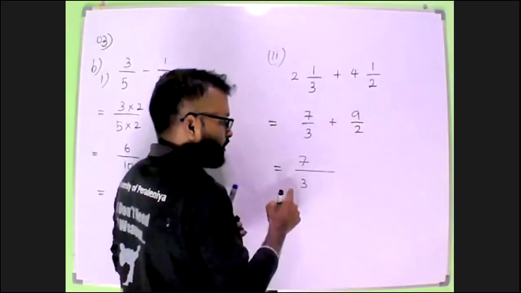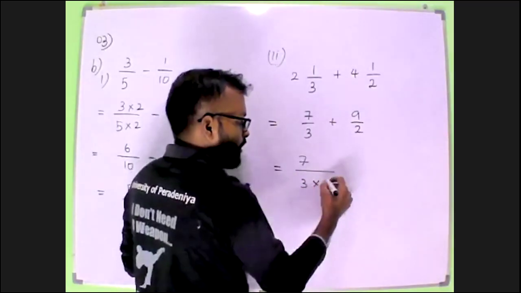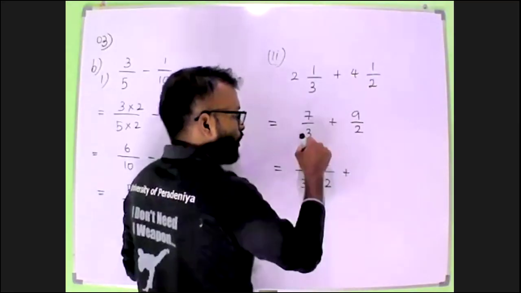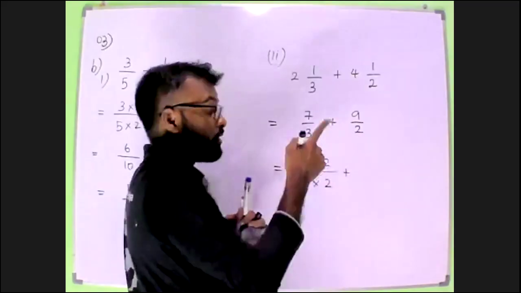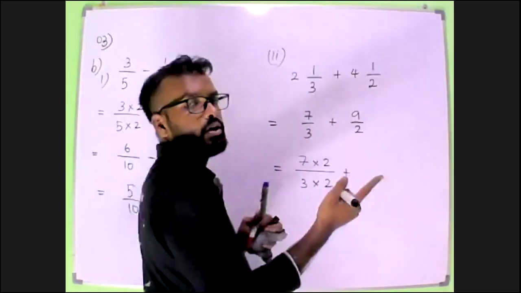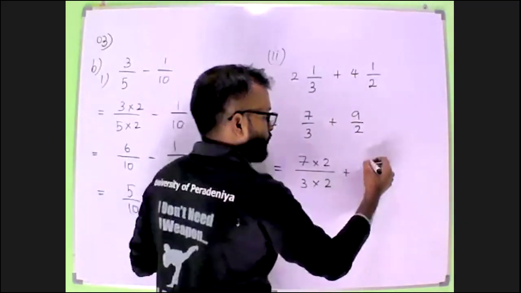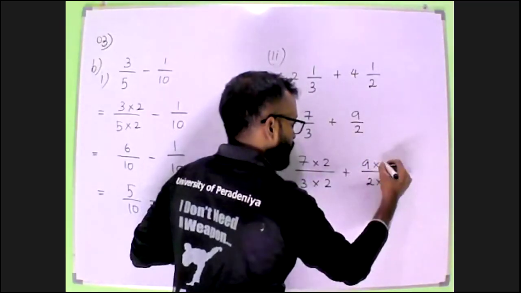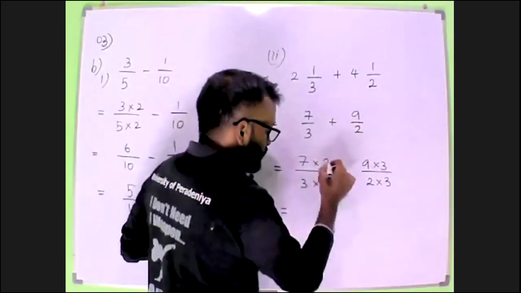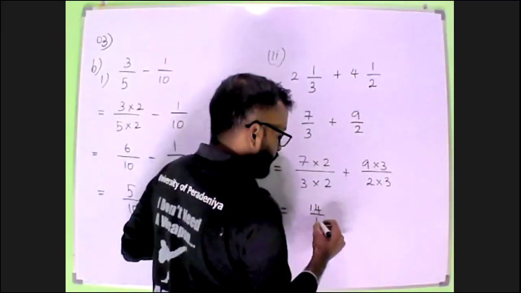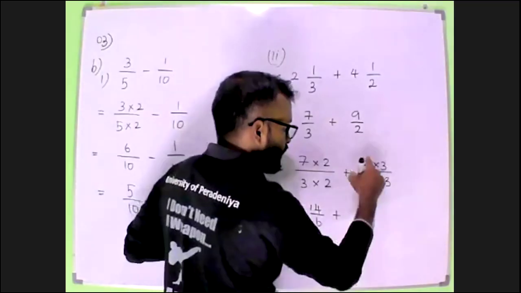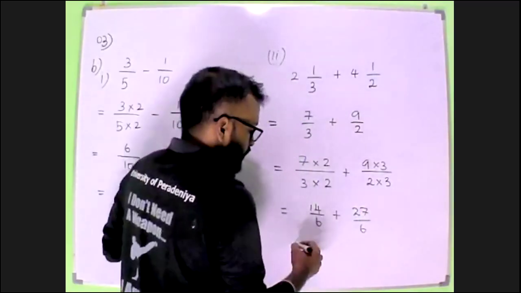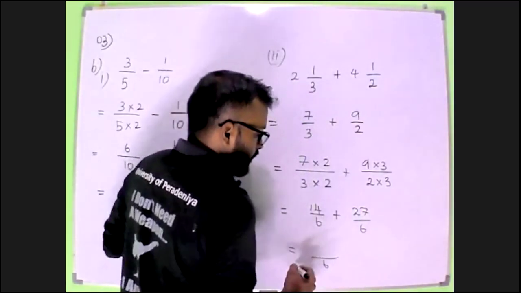7 upon 3 multiplied by 2. So 2 times 3 is 6, right? So your common denominator should be 6. So you need to convert it. 9 upon 2 multiplied by 3. 7 times 2, 14 divided by 6, plus 9 times 3, 27 divided by 6. So if you add them together,